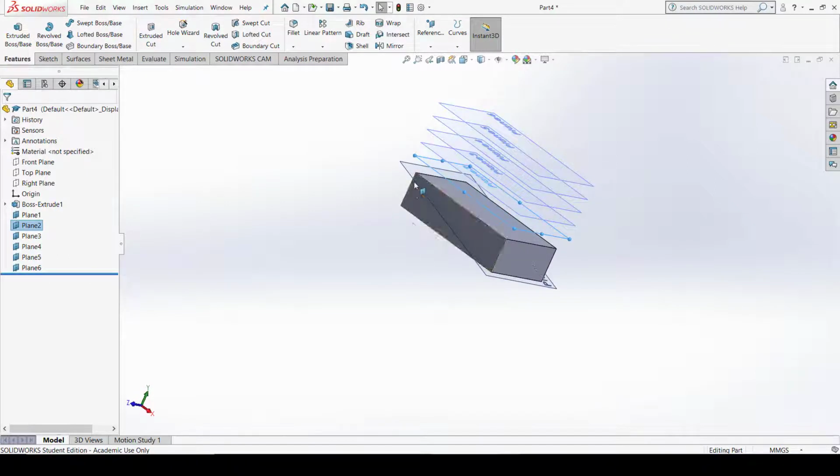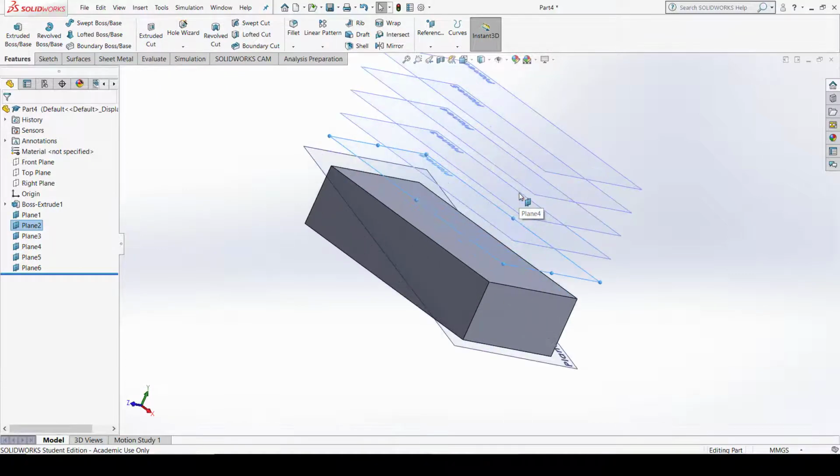First option, you have to define the 3 points, you can create a plane. Second option, you have to select the surface of the component, and the plane is created. You can define the distance between the surface and the plane, or you can provide the number of planes as per the requirement, and the distance remains constant between each plane. Okay, if it is 20, then it remains 20 between each plane.